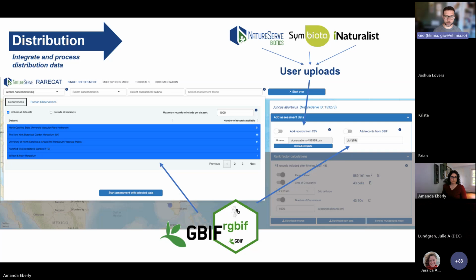As you'll see, there's an option to go into a lot of detail with the different data providers to see if you want to be adding those or excluding those. For example, if you do not want to be using eBird data to rank a bird, there's a ton of eBird data. Perhaps you don't want to deal with that. You can exclude that ahead of time and move forward with a more streamlined